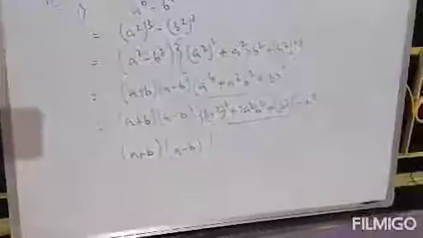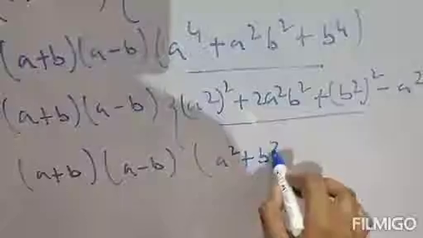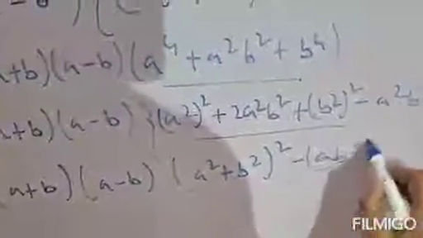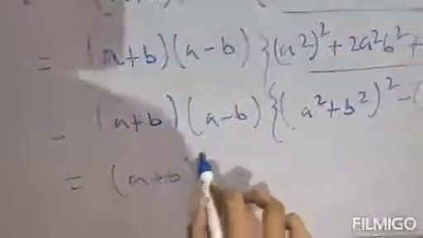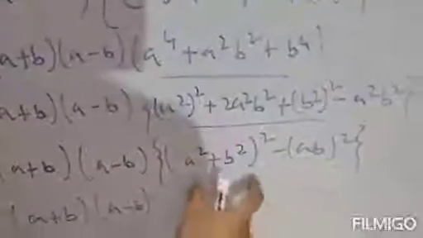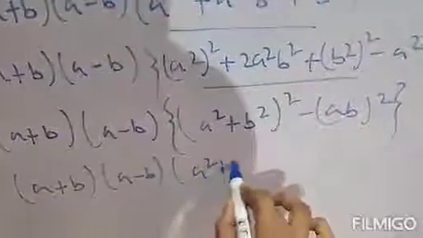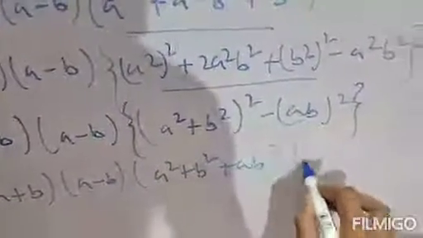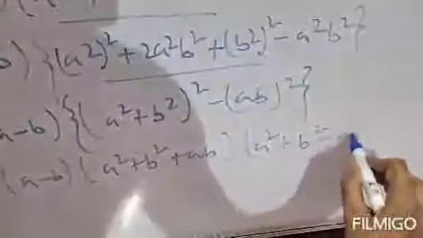look carefully at this part, this is the formula of a plus b whole square, that is a square plus 2ab plus b square. Here a is a square and b is b square, so the formula will be like this, and this can be written as ab whole square. Clear? Now split this up. This is the formula of a square minus b square. This is a and this is b. So a square minus b square is a plus b, a minus b. So a plus b, this is a, this is b, and this is a minus b. Clear? Very important question.